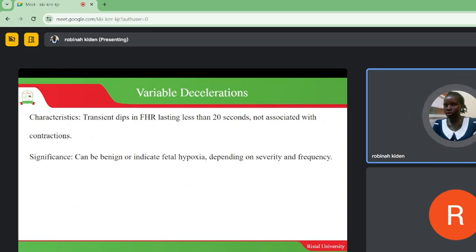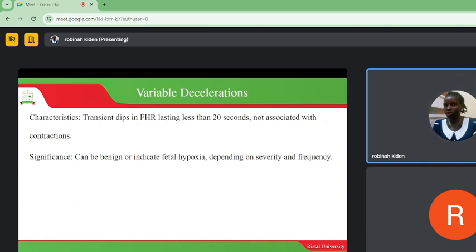So when we talk about transient dips in fetal heart rate that last for 20 seconds, not associated with the contractions, meaning the mother is not having any contractions at that time,